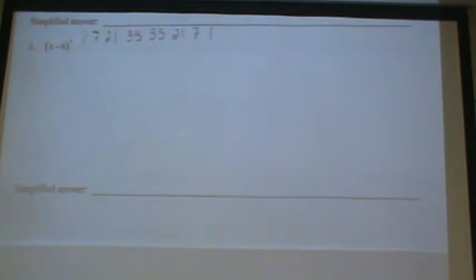So we're going to start out just like we did before, that we take our first coefficient multiplied by the first term to our power, so x to the 7th, and then we have 6 to the 7th,